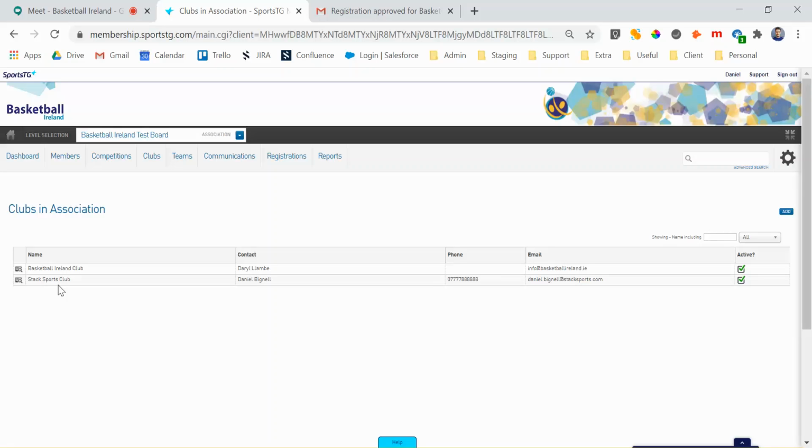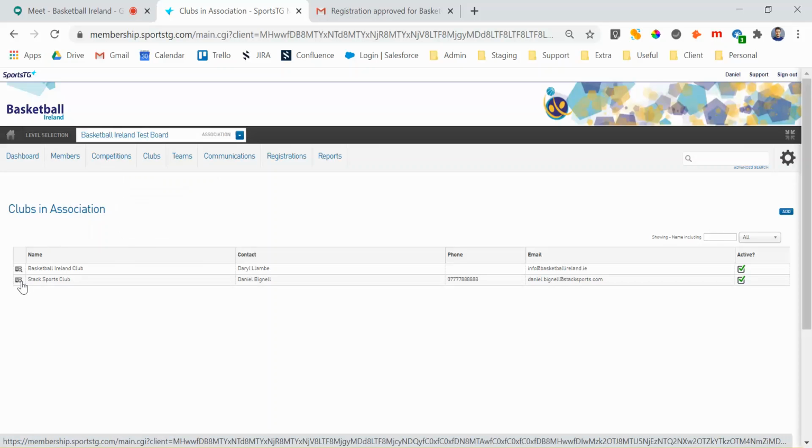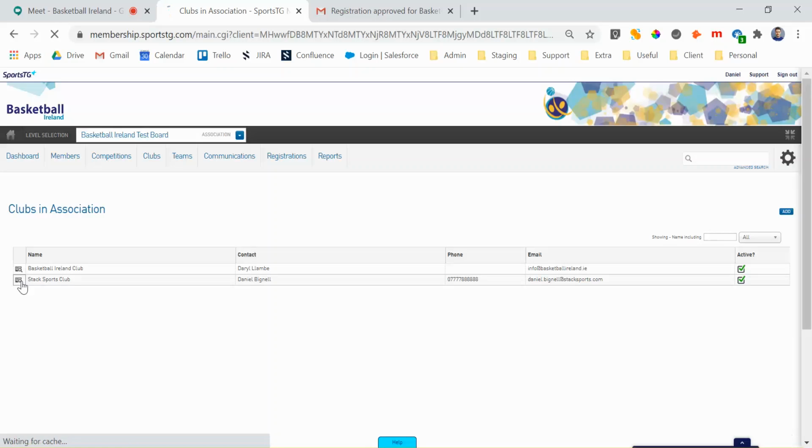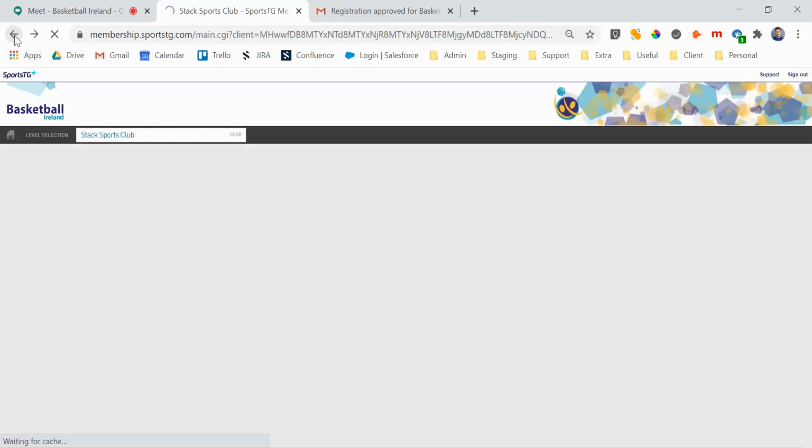So I know a question that might crop up would be, I know I was registered to this team last year, but I'm actually moving to this one this year, I need to be transferred, etc. So the system has, as far as I'm concerned, a really functional, comprehensive and solid transfer system. The principle of how transfers work is a receiving club needs to request the record of a member to come into their club. And the way that the system is designed is there are different layers of approval at each stage of that transfer process. So for instance, what I'll try and do is take the registration I just made